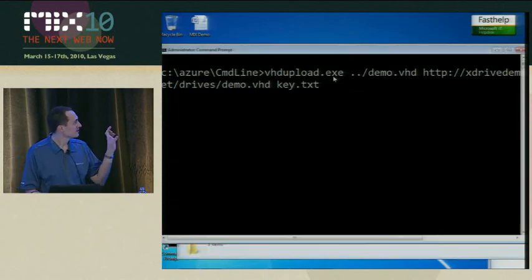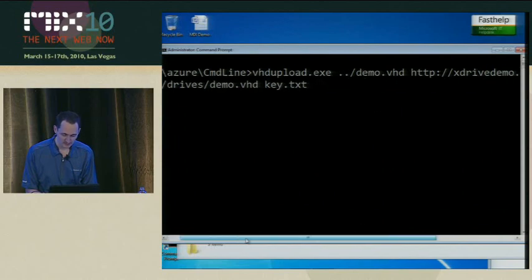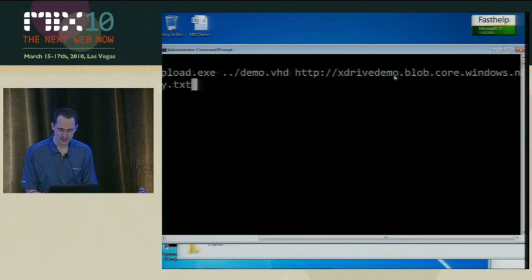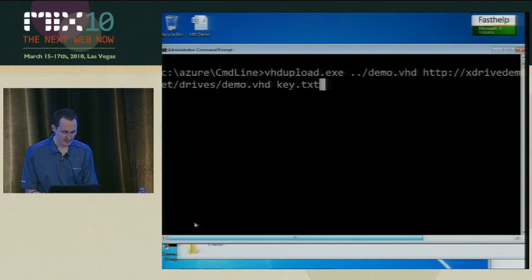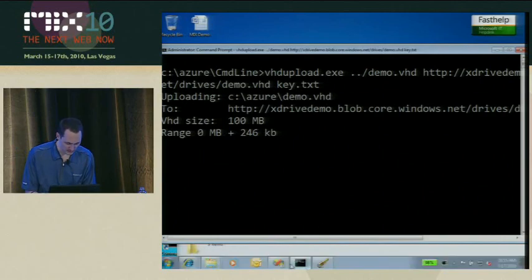So what I did is I built a little application using our cloud client library called VHD upload. All this does is go through the VHD, find the pages that actually have data in them, and then upload those pages at that offset into that file. So we're going to upload the demo.vhd file to our xDrive demo storage account, blob.core.windows.net, into the drives container, and then into the file demo.vhd. And this is my secret key. Okay, so while this gets going, let's move over to the